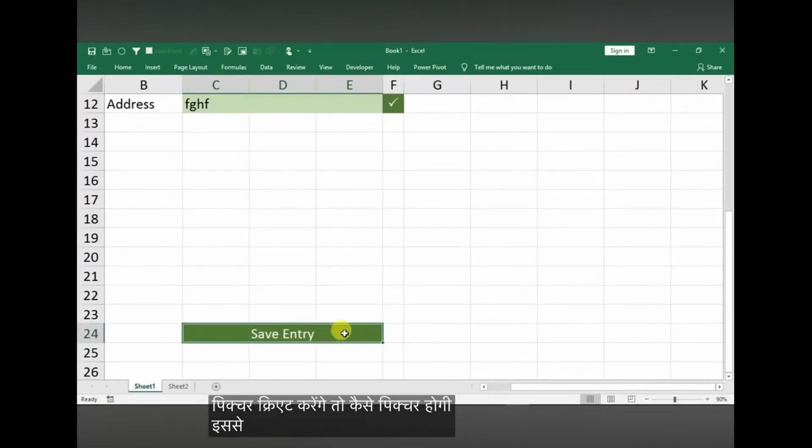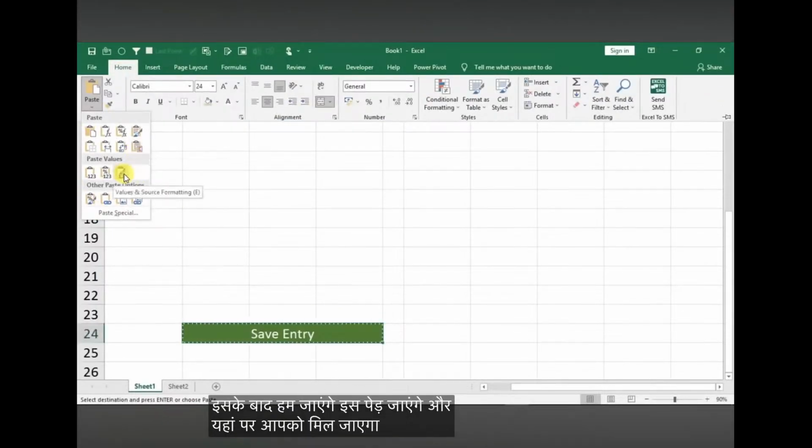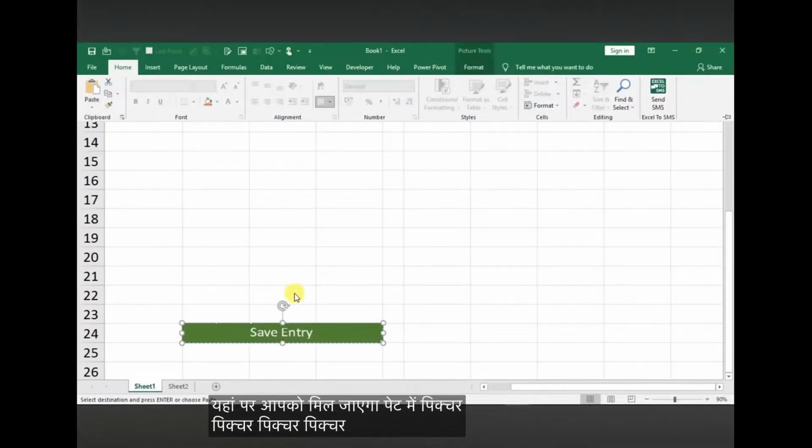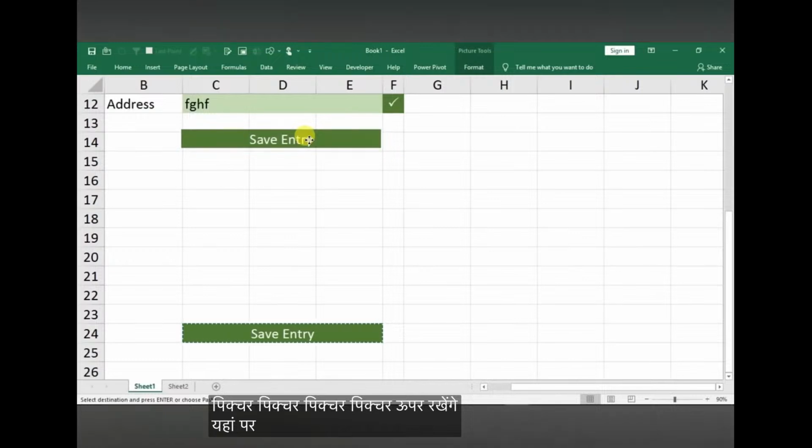अब हम इस सेल की एक पिक्चर क्रिएट करेंगे, तो कैसे पिक्चर होगी, इस सेल पे हम क्लिक करेंगे, कंट्रोल सी से इसको कॉपी कर लेंगे, इसके बाद होम टैब पे जाएंगे और पेस्ट पे जाएंगे, और यहाँ पे ऑप्शन आपको मिल जाएगा पेस्ट स्पेशल में लिंक पिक्चर, ठीक है ना, यहाँ पे देख लेते हैं, लिंक पिक्चर का ऑप्शन है, क्लिक कर दीजिए, तो इसकी पिक्चर बन गई है, ठीक है ना, ये एक पिक्चर बन गई है, और इस पिक्चर को उठा के ऊपर हम रख लेंगे यहाँ पे।